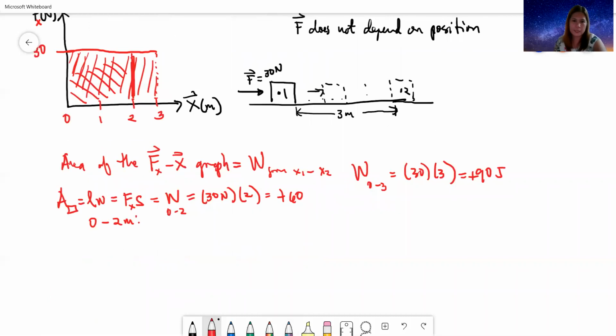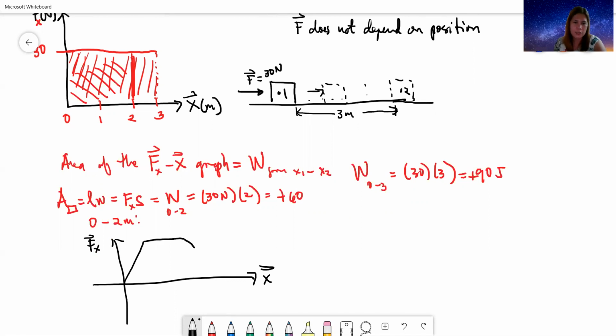So, pag binigyan ka ngayon ng force versus position na graph along the x, say for example, the graph looks like this. Let's say changing na, nag-increase, tapos nag-constant, tapos nag-decrease, tapos nag-constant ulit. Tapos ito, pwede itong different positions na yan. And then, tatanungin ka, what's the work done by F from this to that? So, let's say this is 0, 2, 4, 6, 8, 10. And let's say this is in meter. This has to be in Newton para naka-joule siya.